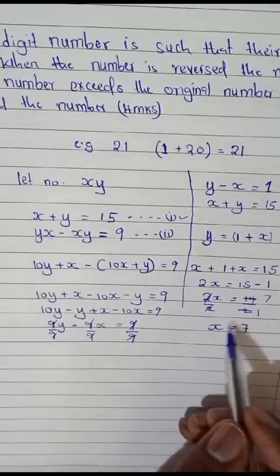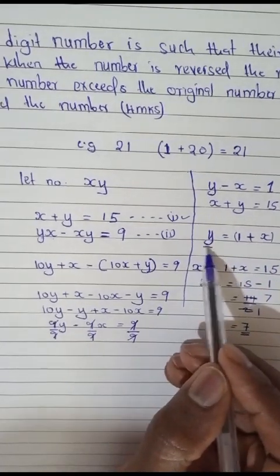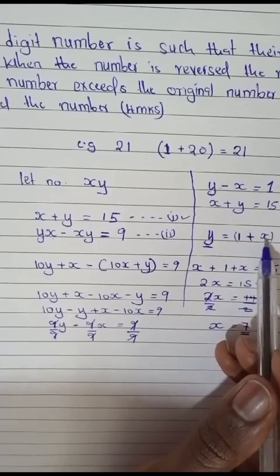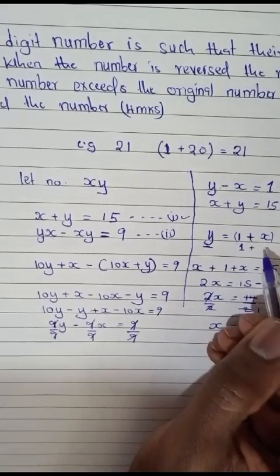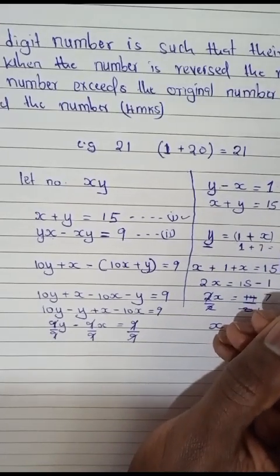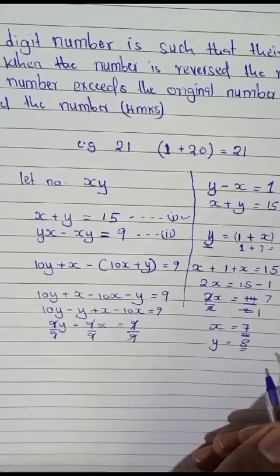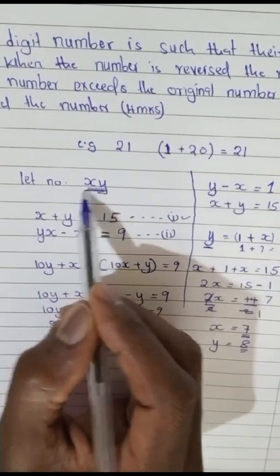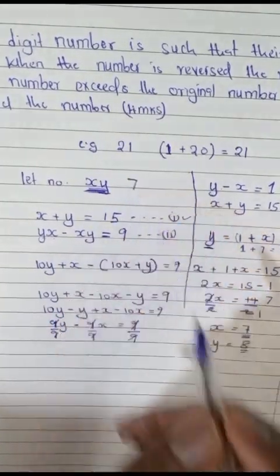And therefore, when x is equals to 7, I can get the value of y here. I will take this 7 and bring it here where I have x, and therefore I will have 1 plus 7, which will be equals to 8. So my y should be equals to 8. And therefore, the number I formed, I said let the number be xy, and my value of x is 7, and the value of